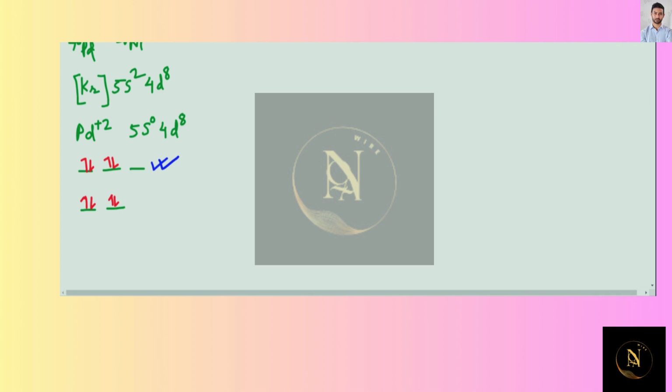By this electronic configuration we can say the complex is diamagnetic because no unpaired electron is present in it. Very important to note here is that the hybridization is dsp2 and square planar geometry is present